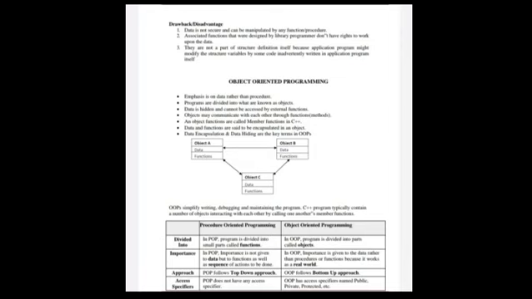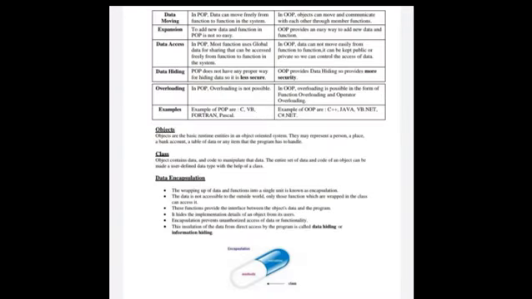Access specifiers. POP does not have any access specifier. OOPS have access specifiers named public, private, protected, etc. Data moving. In POP, data can move freely from function to function in the system. In OOP, the objects can move and communicate with each other through member functions. Expansion. To add new data and function in POP is not so easy. OOP provides an easy way to add new data and function.